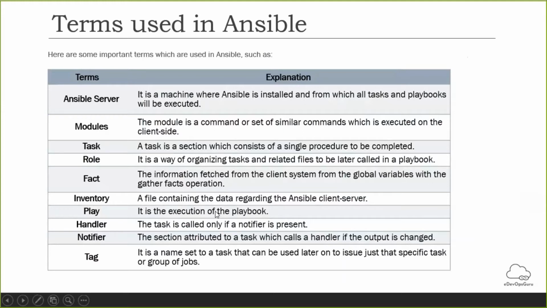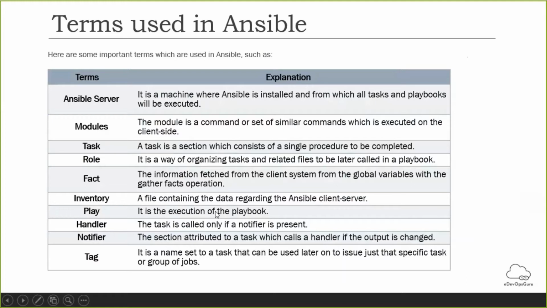You can install in many ways. This is one of the ways I have captured here, the control machine requirement. The main requirement is that you should have Python installed on your machine, maybe Python 2 or Python 3.